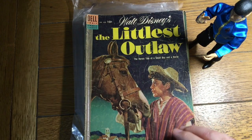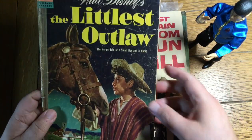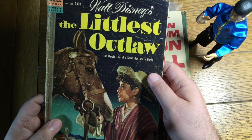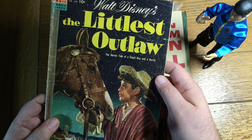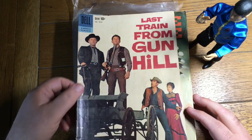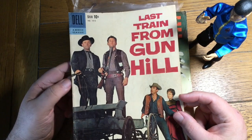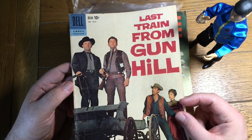The Littlest Outlaw, and see, this one does say Walt Disney. This one is in very good shape, though. Not very good shape at all. That's a 4-color. Last Train from Gun Hill. That is not safe handling of that firearm there, buddy. And is that